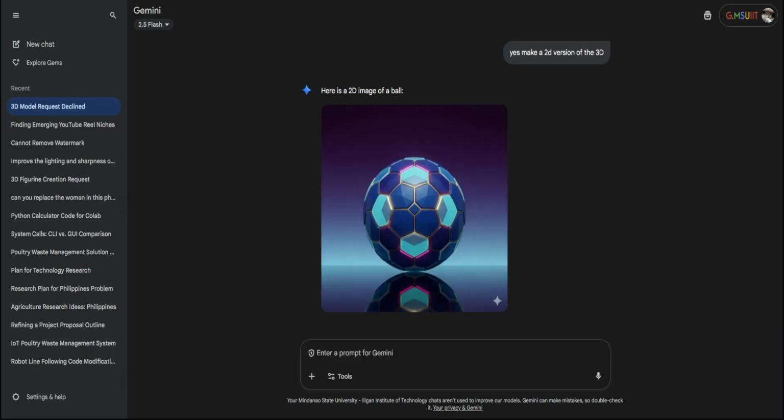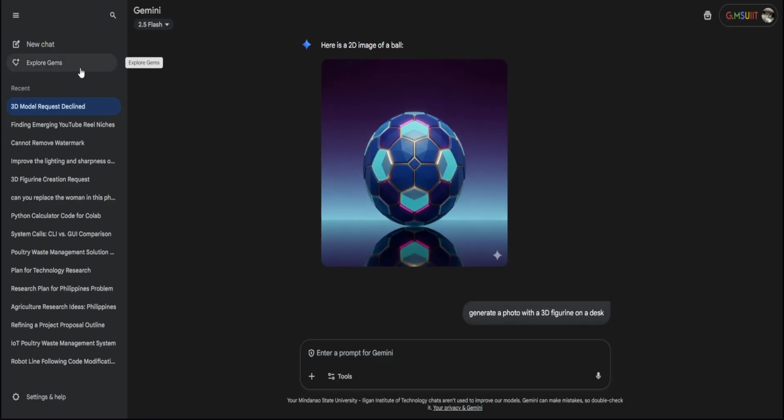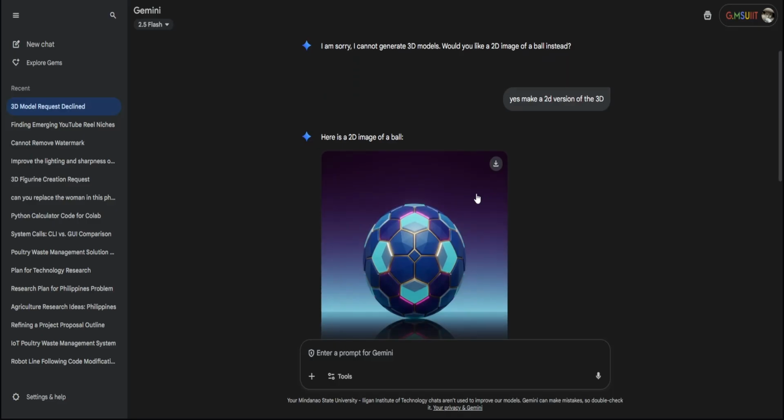So first thing you want to do is basically go to gemini.google.com. Then you want to click the Labs or go to the Create tab, and by exploring the Gems, you can find a 3D model creator. Then from there, Gemini instantly outputs a rotating 3D preview with expert options if you give it a descriptive prompt